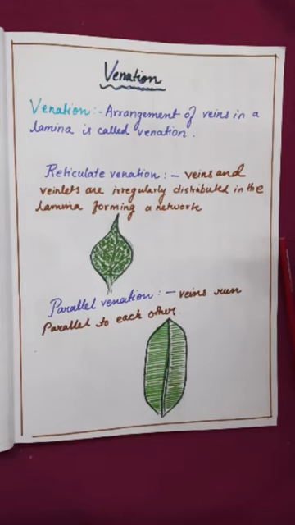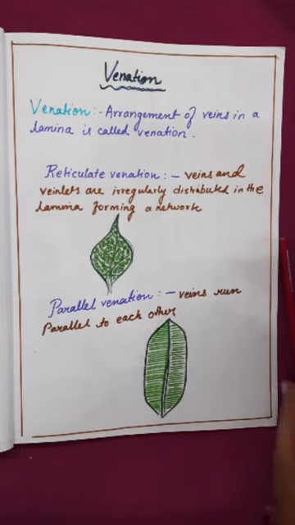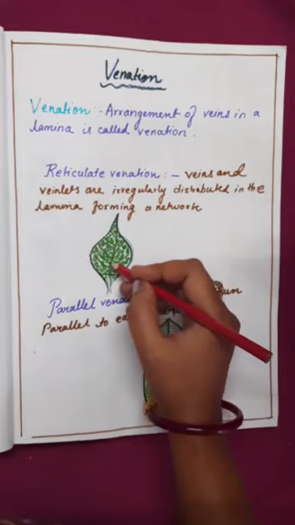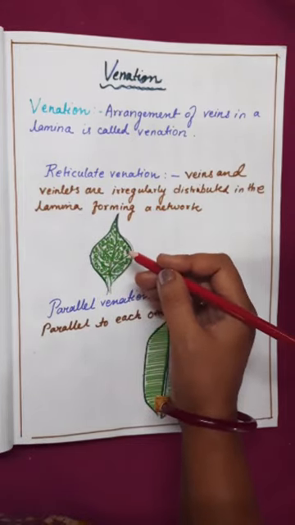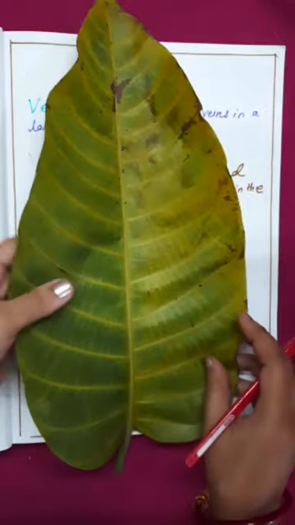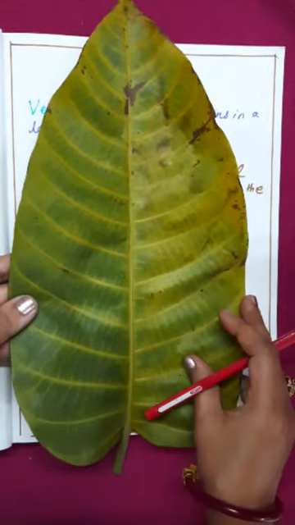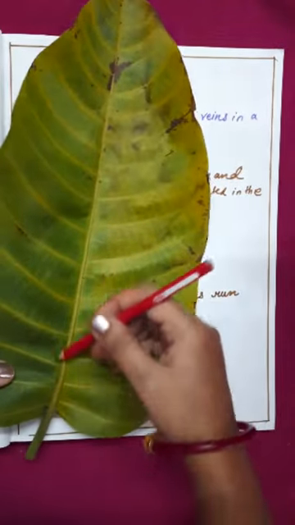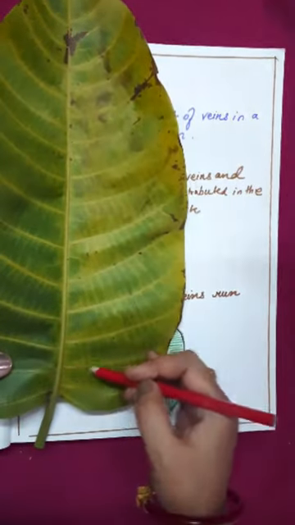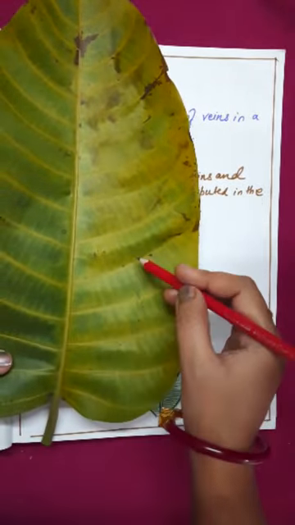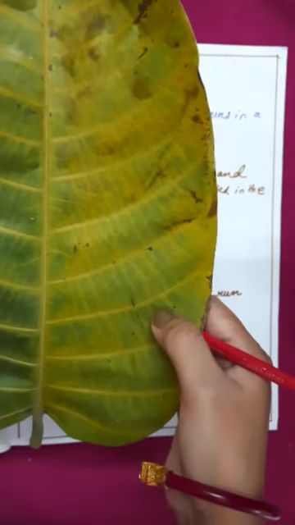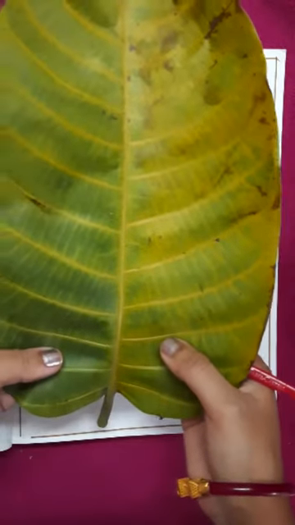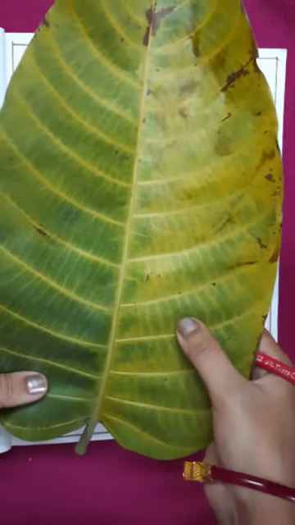After the arrangement of the leaves on the stem, let's quickly see how the veins are arranged in the lamina. We know that the broad part of the leaf is called the lamina. If I show you, for example, this is the broad part of a leaf and this whole part is considered the lamina. Now venation means the arrangement of these veins. We know that this middle part is called the midrib, and these are the veins which come out from the midrib, and these veins are further classified into veinlets. The arrangement of veins in the lamina is called venation.